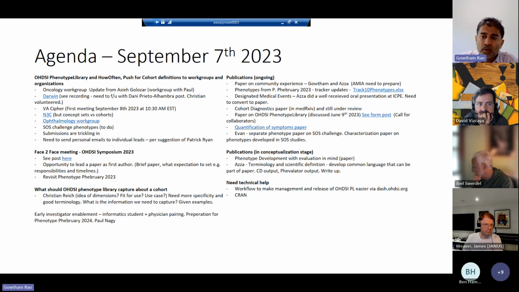Okay, so it sounds like the group is interested in pursuing concept sets as part of the phenotype definitions. I'm supportive of it, but we will need to work out some details as to what is a suitable concept set, what type of validation is required, and what is the technical infrastructure to support it. So I'm calling for a subgroup that is interested in this to pursue it further.